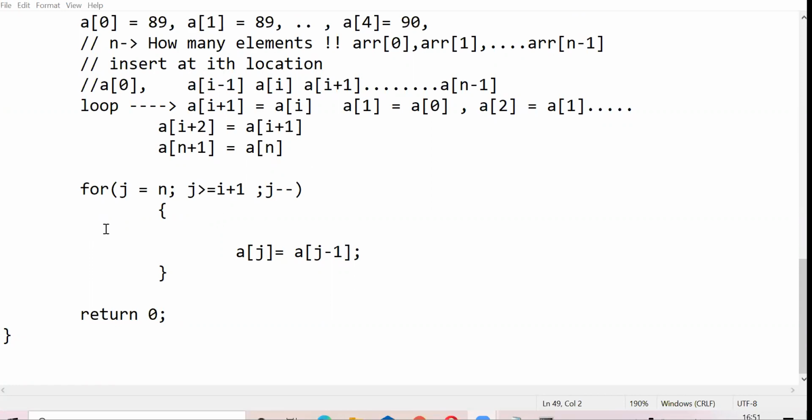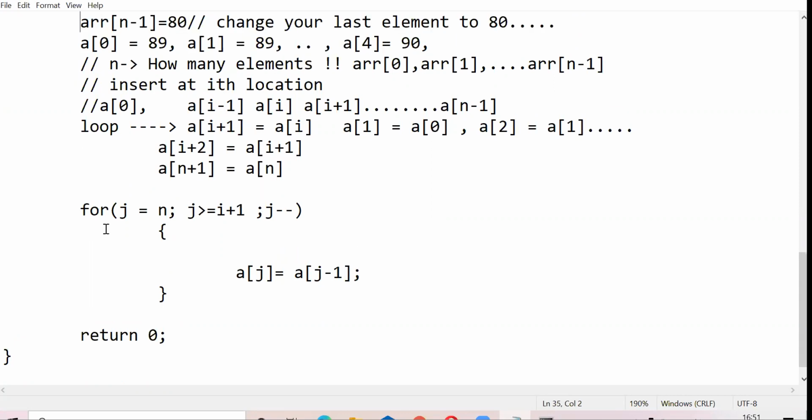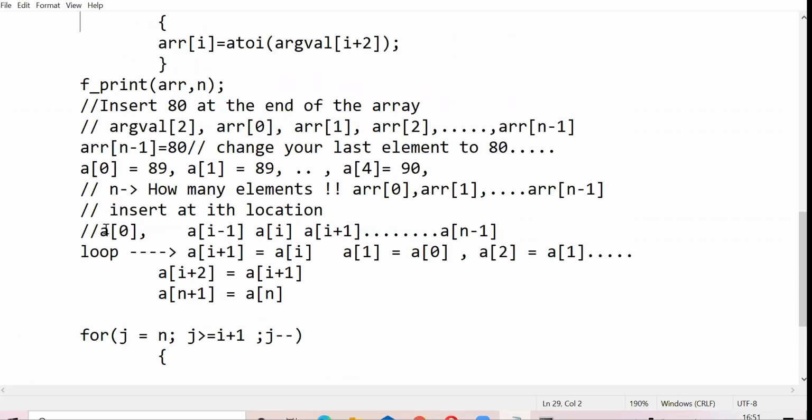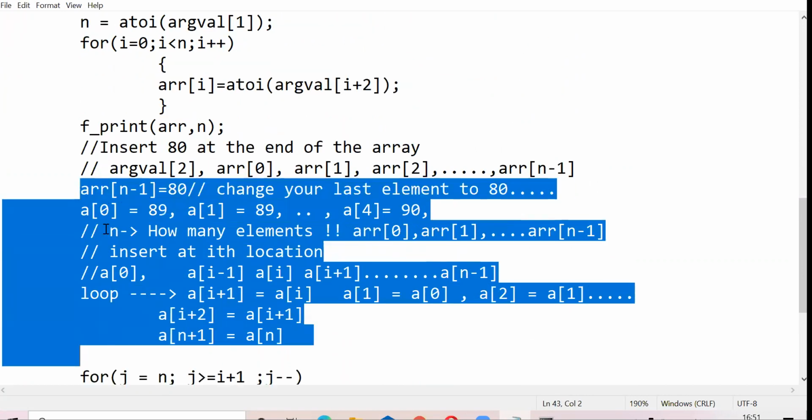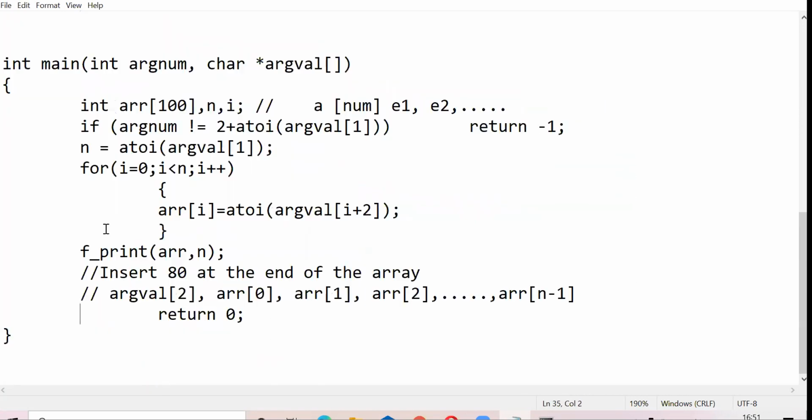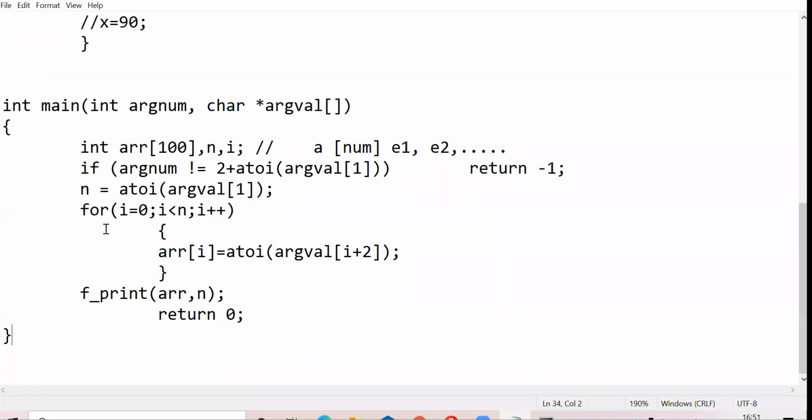Let's see. Assume this array is here as an example. Let's take this very array which we are reading from the user, and let's say I want to split this array in two halves every time. So how will I do that? Give me some initial idea.